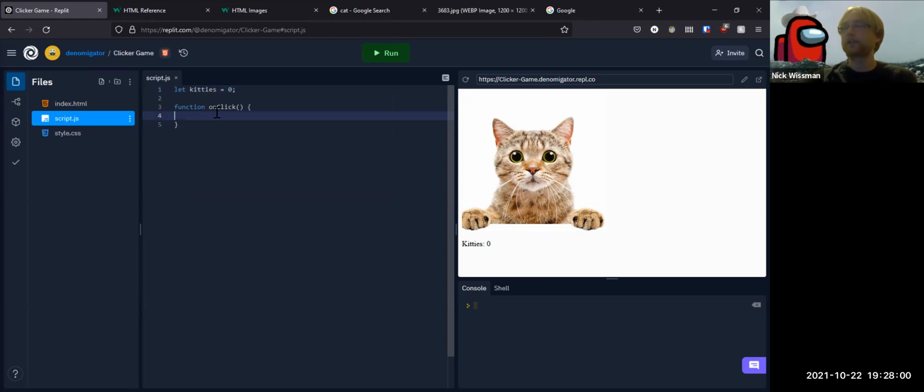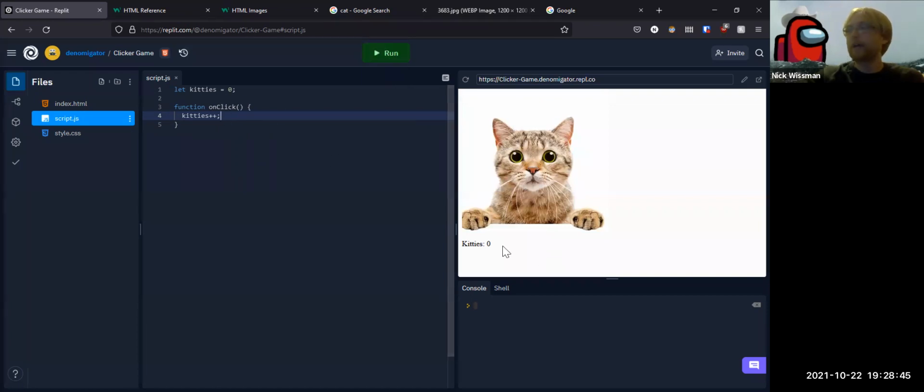And every time this is clicked, I want to change kitties by 1. So I can just go ahead and say kitties plus plus. And that's how you change things by 1 in JavaScript. You can also say kitties plus equals 1. And I guess I should be using spaces here. And that works in Python. And then the verbose way would be to say kitties equals kitties plus 1. And that's really what's happening underneath. It all works. It's all the same thing. But the shortest way, so the way you'll probably see most often when people just want to change things by 1, is to do this: kitties plus plus. And that's great and all,